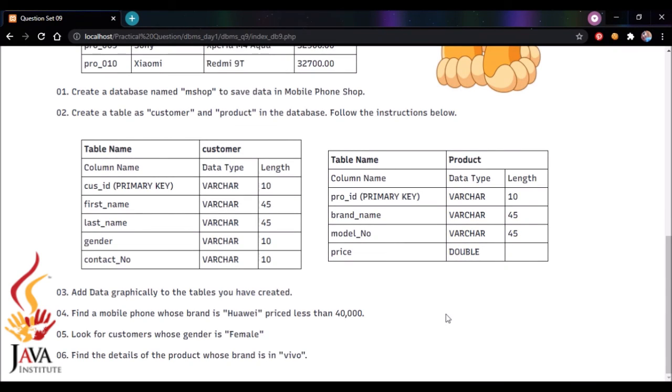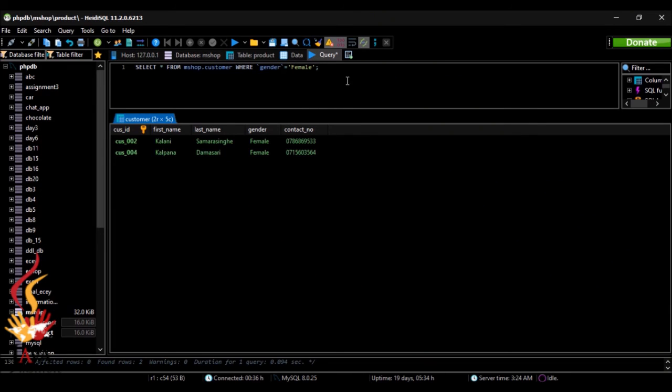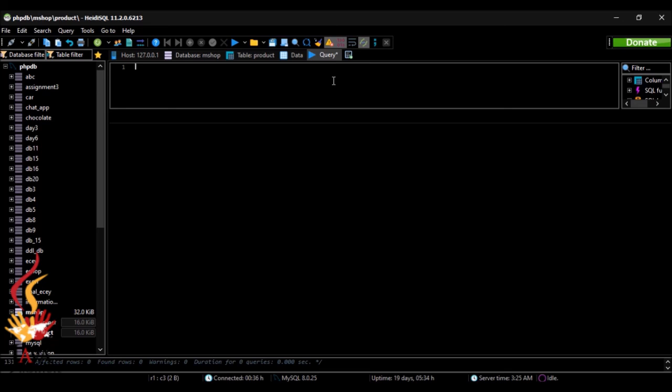Now let's go to the sixth question. Find the details of the product whose brand is Vivo. So that means we should find all the details of the product which is the brand is Vivo. I will write the query for that. Select asterisk from,